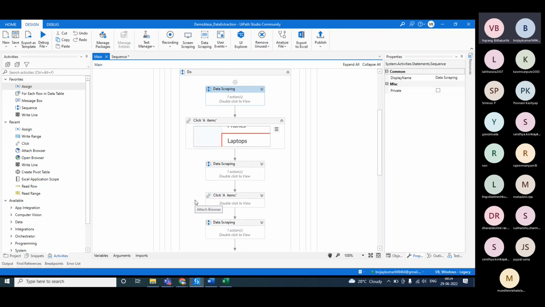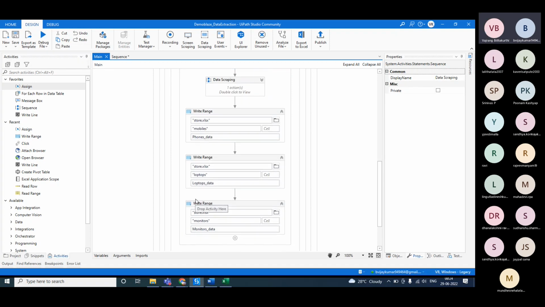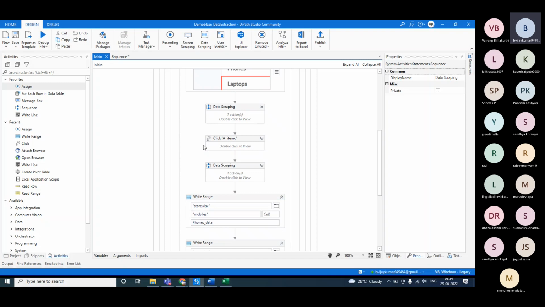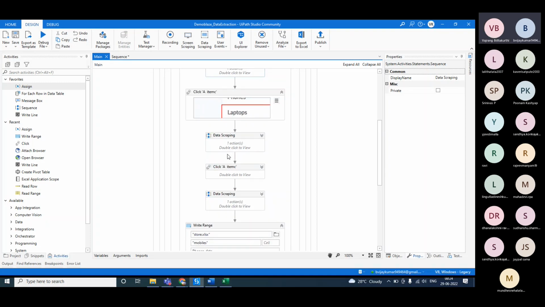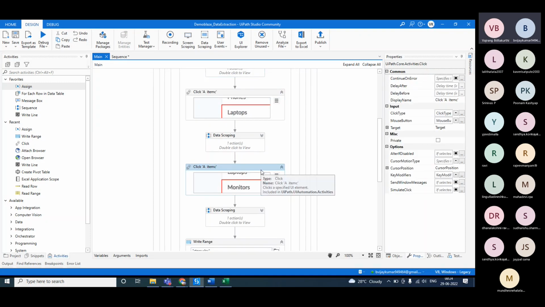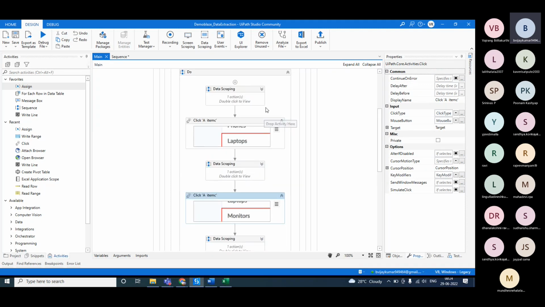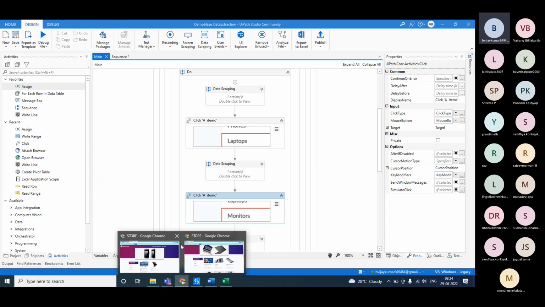Like it has pagination, right? How are you handling it? I use three ranges for different sheets. No, pagination in the data scraper. We don't have only one page, we have multiple pages. I use click after one is completed.